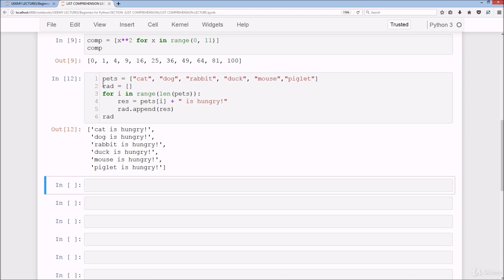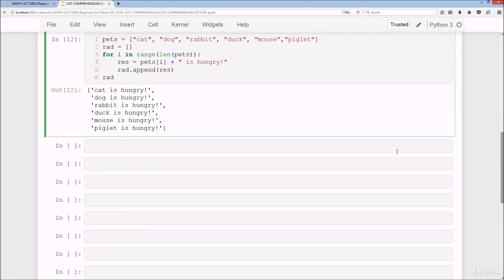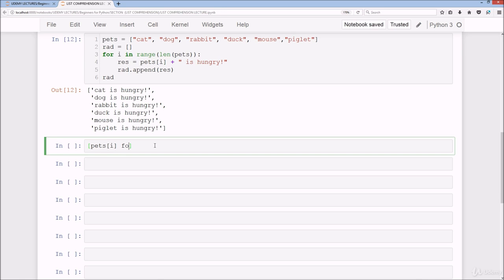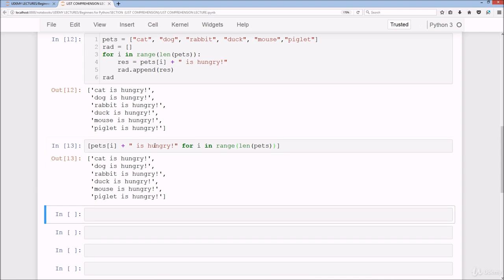So if you ignore these 2 lines here, we have a total of 4 lines of code, and we can of course do list comprehension, whereby we can just do that with 1 line of code. So we start off with square brackets, and what we do is pets[i] for, or rather we do pets[i] plus is hungry for i in